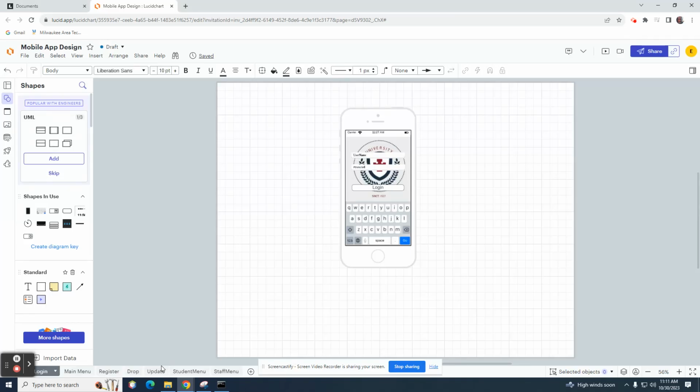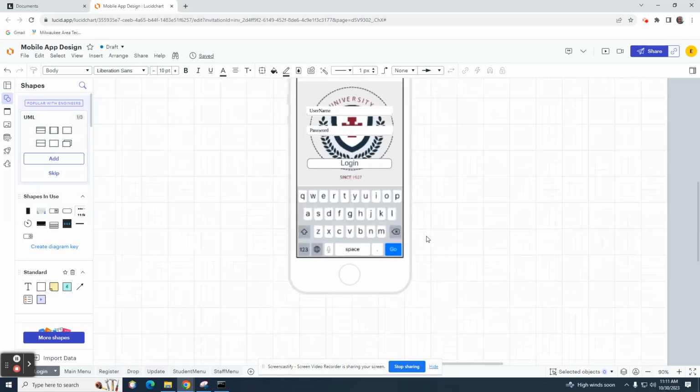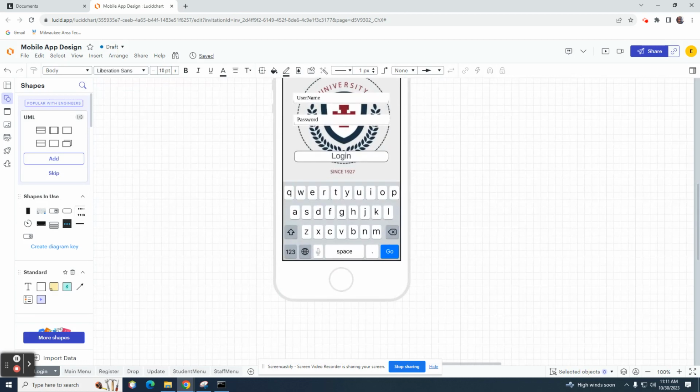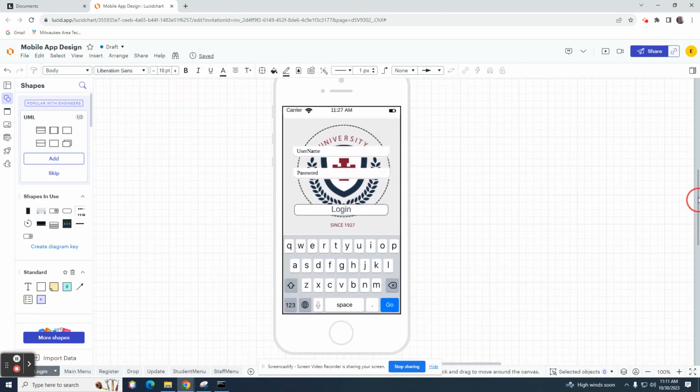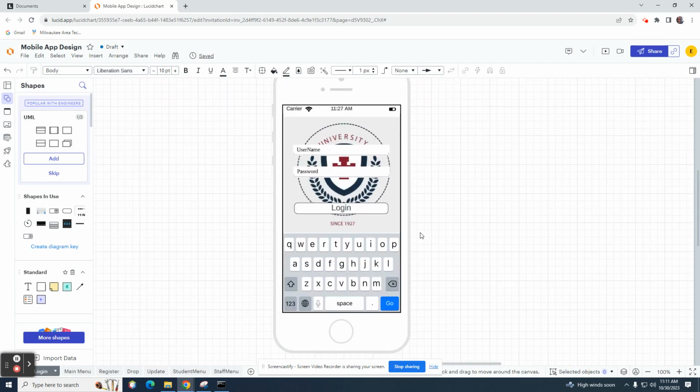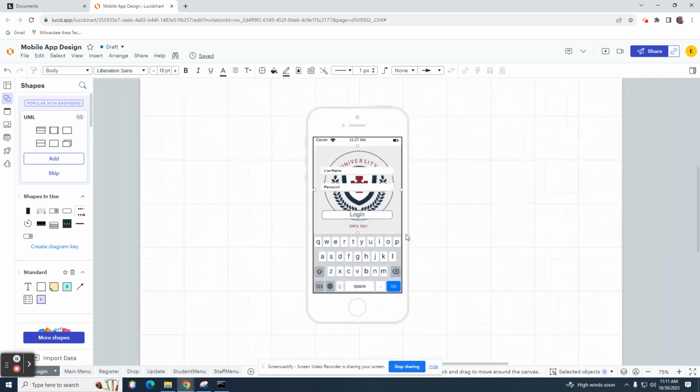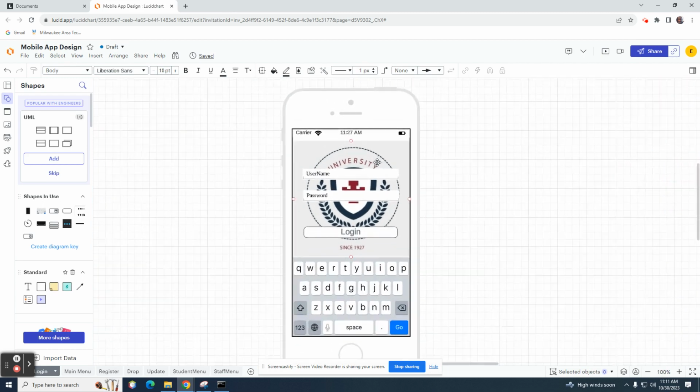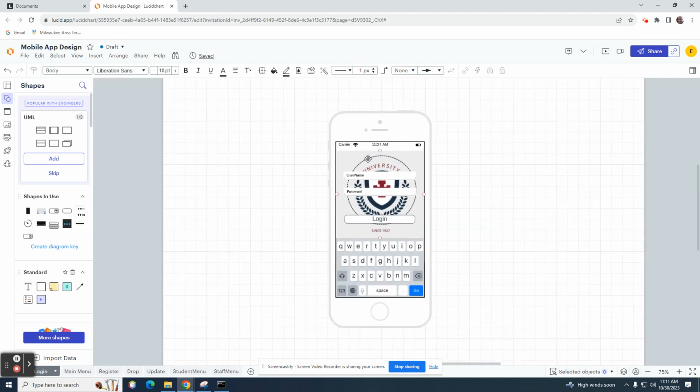Hello, in this video I'm going to demonstrate how to create a storyboard in Lucid Chart. This is going to be using a mobile app design. So this is a login screen for Fictitious University, but actually I've created